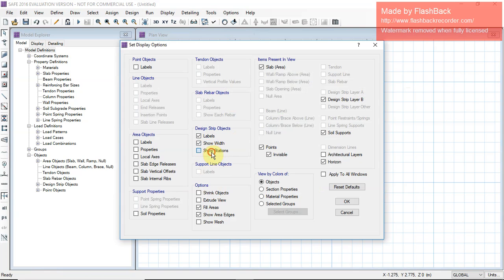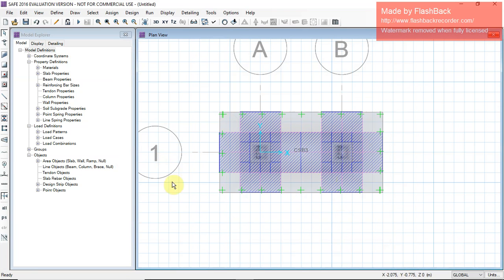Here you can see in display mode: strip levels, show bits, show stations. Okay, here you can see the strip bits.